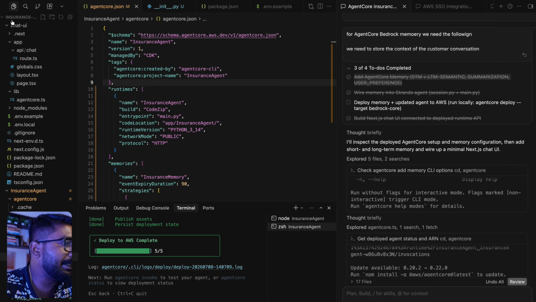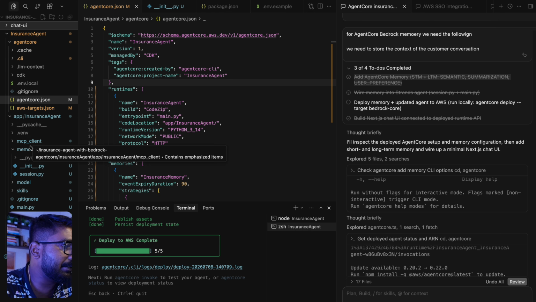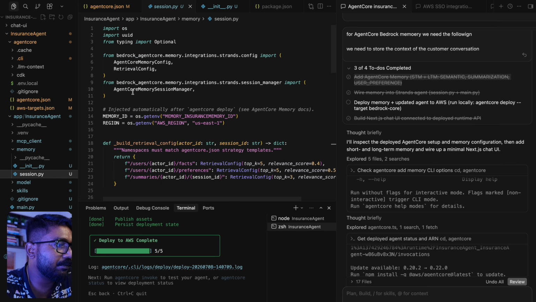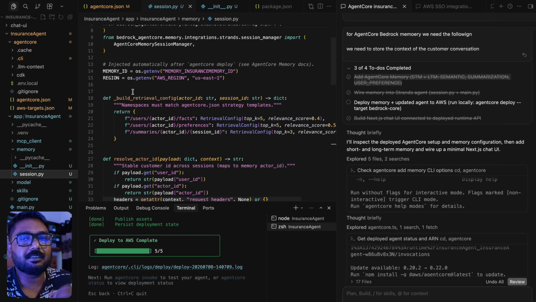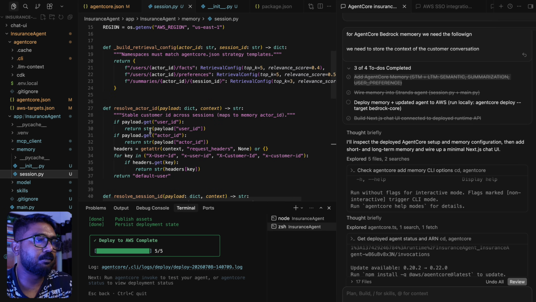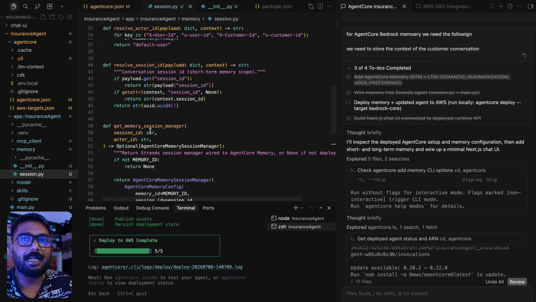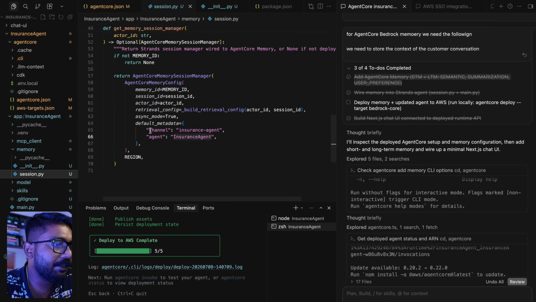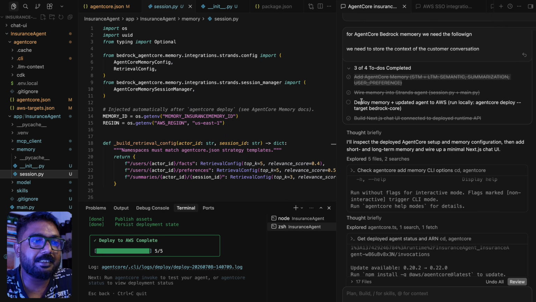If you look, it has created a folder inside this insurance agent. If you check this memory folder, this was earlier not available. Now it has created a session, and with this simple code it is able to add long-term memory, short-term memory, context, summarization, and user preferences whenever users communicate. Correct. And it wires memory into the Strands agent. That's what we are seeing. It did not deploy it; we'll deploy it together,